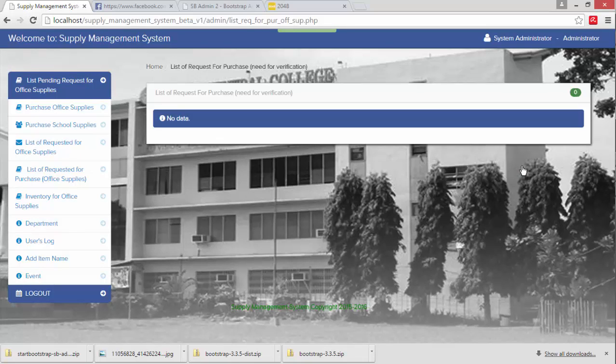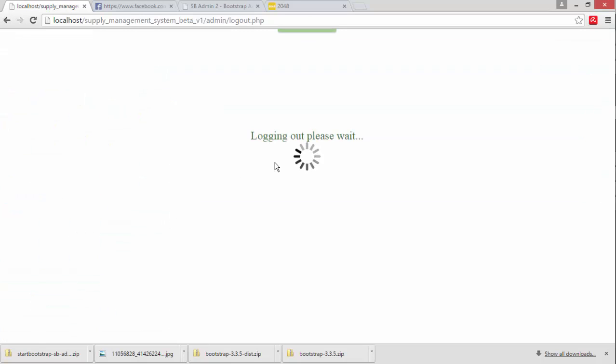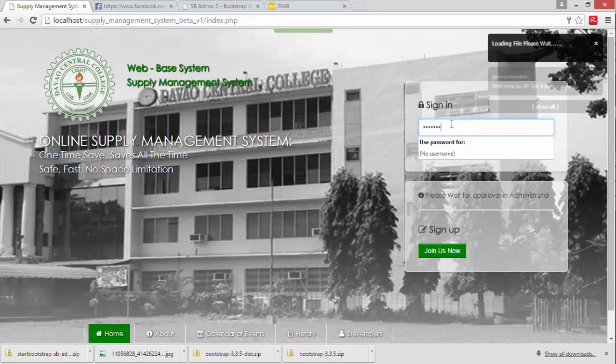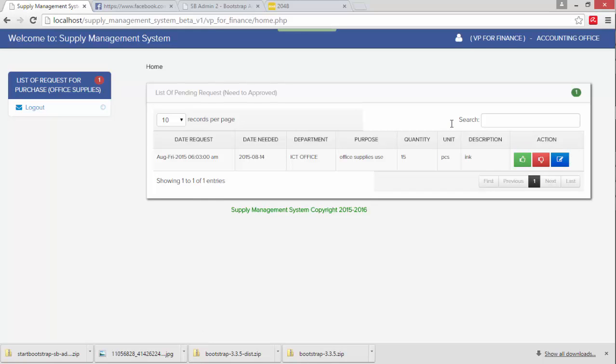So that's the time we will open the Vice President for Finance account. So just log out this account. So this is the interface of the Vice President for Finance. So there is one notification.